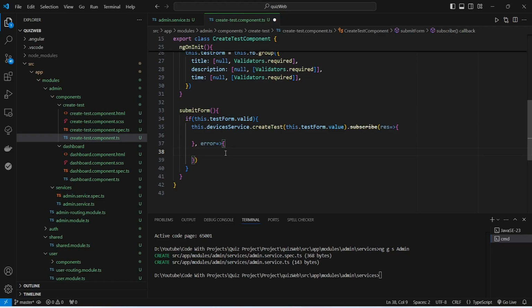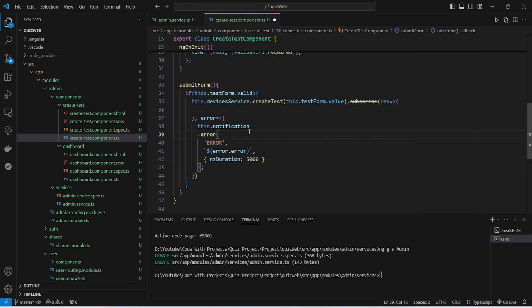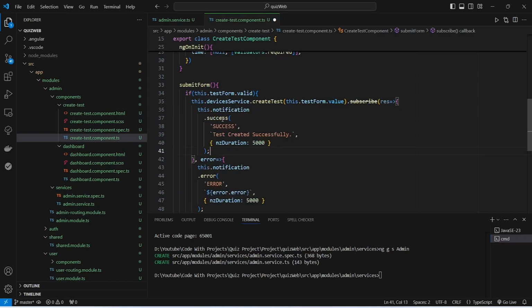And in this error function we need to show the error message to the user, and to do this we will use NgNotificationService and we will show an error notification, and after this for the message we will pass error.error. And after this we will go to the success case, and here again we will use NgNotificationService, and this time we will show a success message, and for the message we will give this as "Test created successfully". And after this we need to redirect the user to the admin dashboard, and to do this